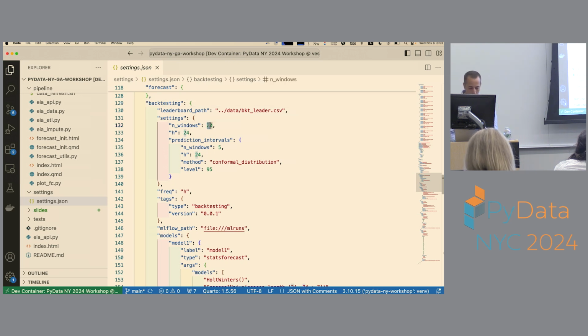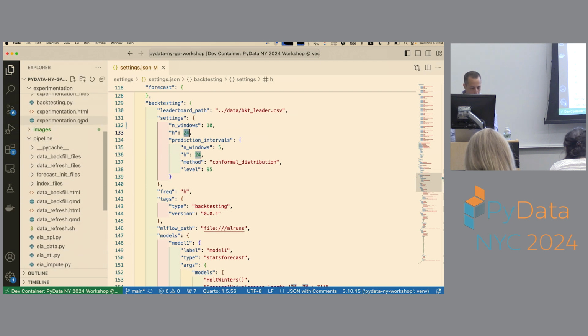So for example, we can change it to 30. Let's do 10 just for the illustration. And we can define the size of the testing partition and how we want to use the prediction intervals, of what type. I'm using conformal. And then I will go to my file,